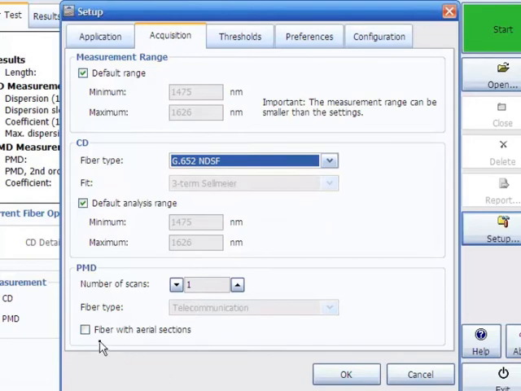Down here at the bottom where it says fiber with aerial sections, because our 5700 is a single-ended test, it is susceptible to vibration. So we can compensate for this vibration by doing more averages. So if you have some aerial fiber and there's quite a bit of movement in that fiber, you can click this box. Honestly, I leave it unchecked most of the time